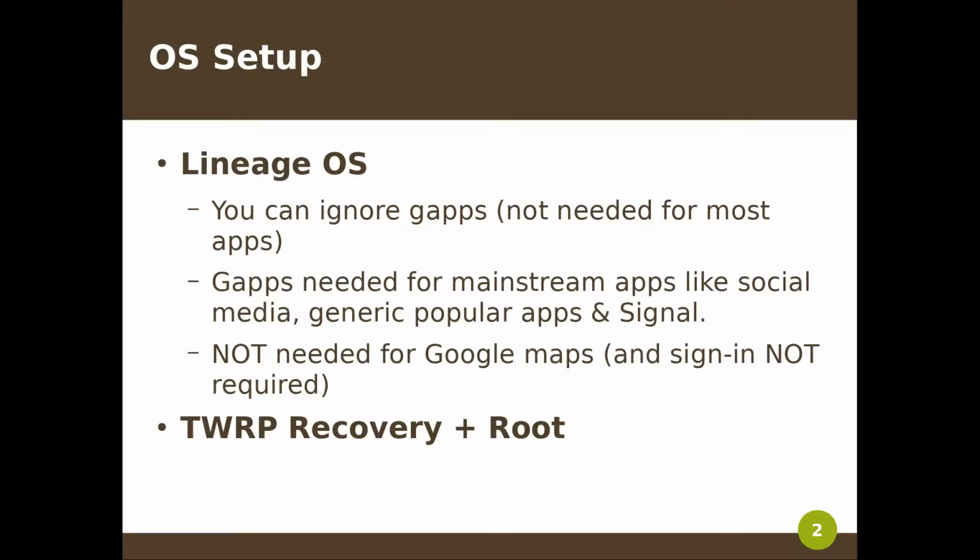So generally, you're gonna want to use Lineage OS. There are some custom ROMs you can use for your device, but Lineage pretty much has everything to offer. It does not allow you to use microG, which is basically a spoofing. It spoofs G apps sort of. It's kind of a little more private. Apparently, I'm not entirely sure how all of that works, but it's an option if you want to look